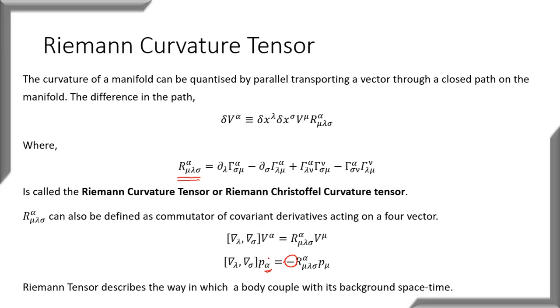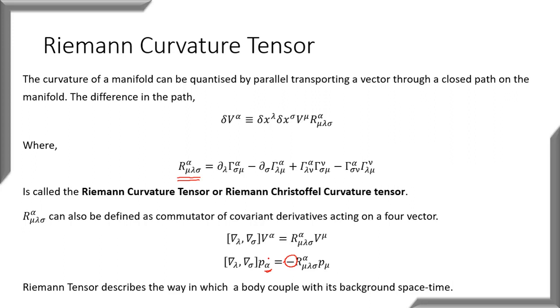This helps us study many phenomena in general relativity, such as precession of equinoxes, etc. So this Riemann curvature tensor plays a very important role in defining the general theory of gravity and